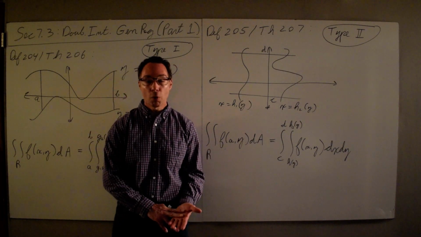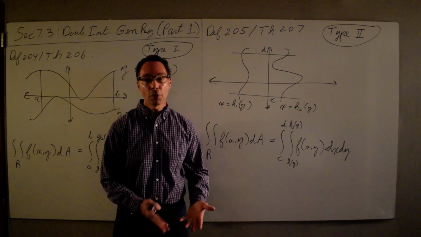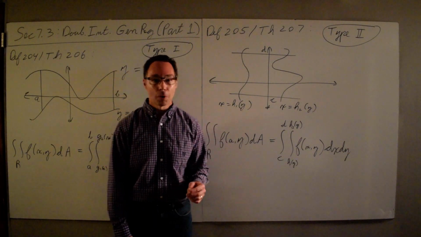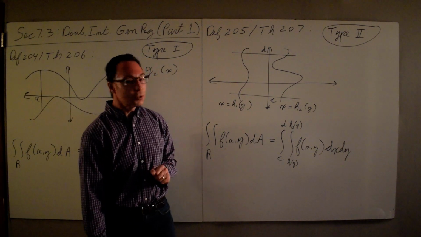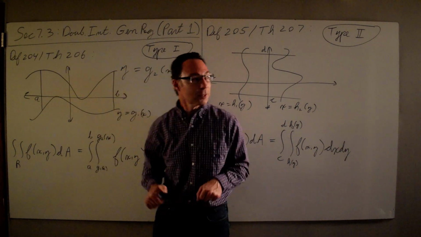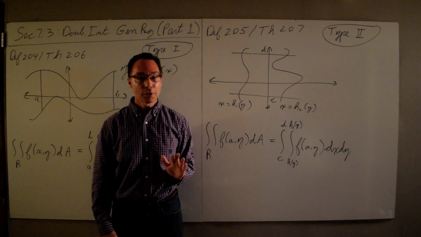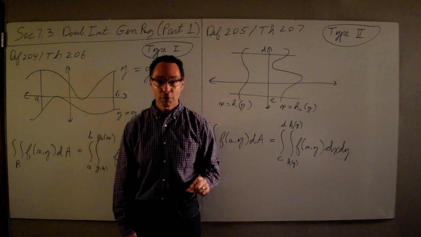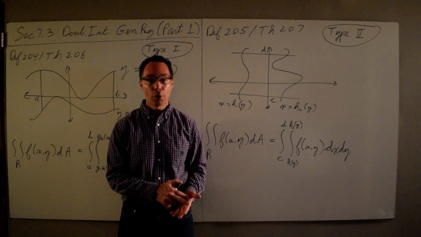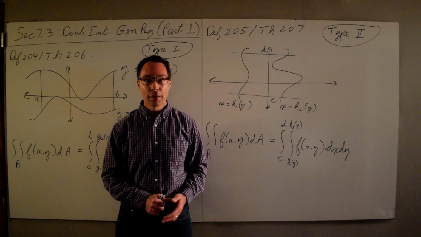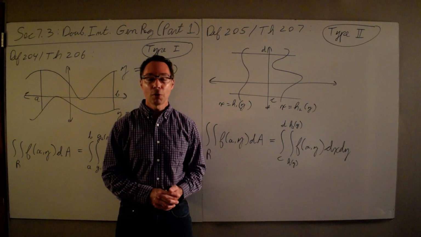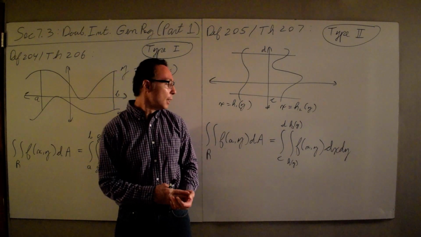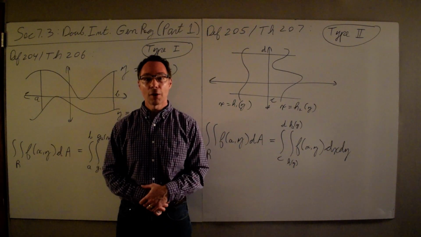Some regions are both type 1 and type 2. A circle, for example, if you look at the unit circle, that's both a type 1 region and a type 2 region. Now, according to these two theorems, theorem 206 and theorem 207, it doesn't matter how you integrate it. You'll get the same answer, and that's true. However, it may not be the case that both integrals have equal difficulty. So at some point in time, you might be looking at a region strategically to see if you want to set it up as a type 1 or a type 2, depending on which way it's easier to calculate the